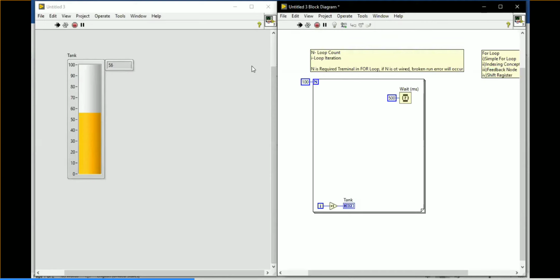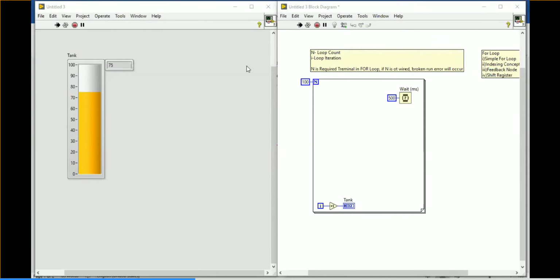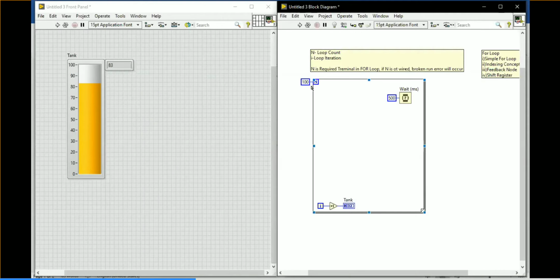Once the loop completes 100 iterations, it will terminate there. If you want to stop a program in between, you can only do an abort. Abort means the program is intentionally terminated by itself. The loop is not completed till now, so the only way is to make the abort over there.